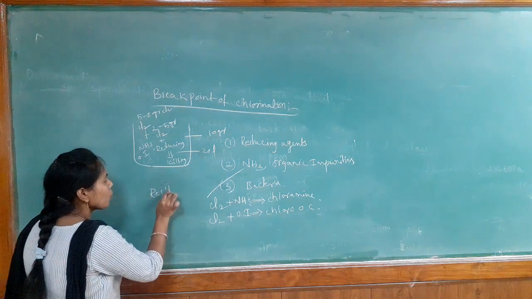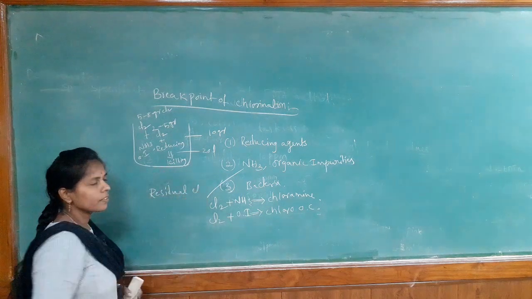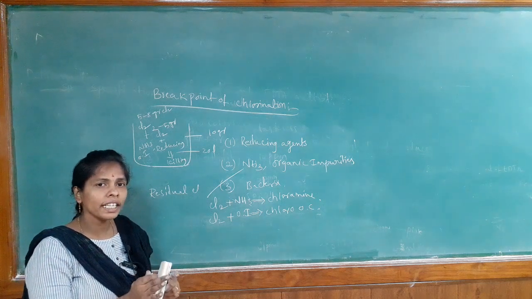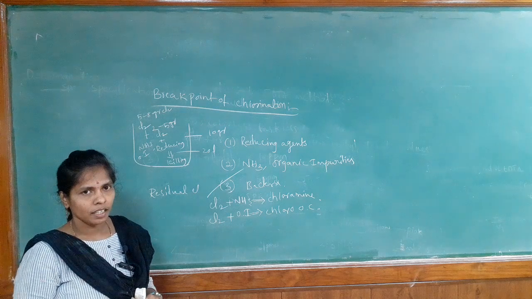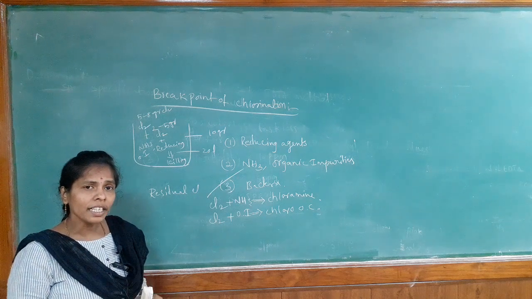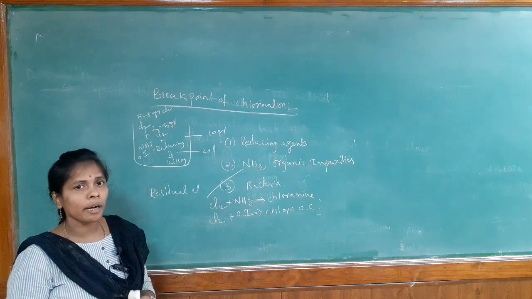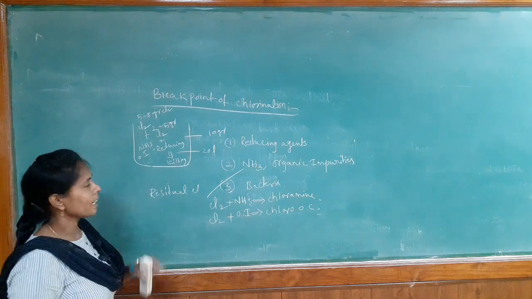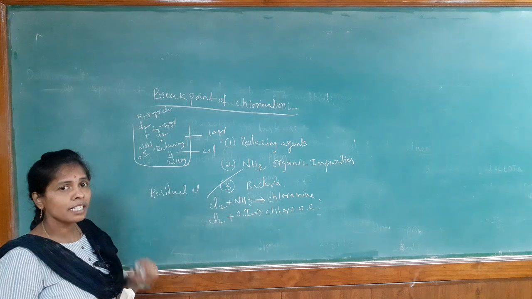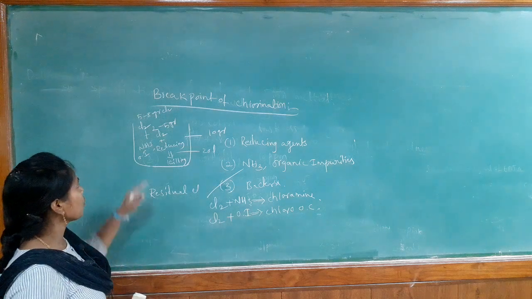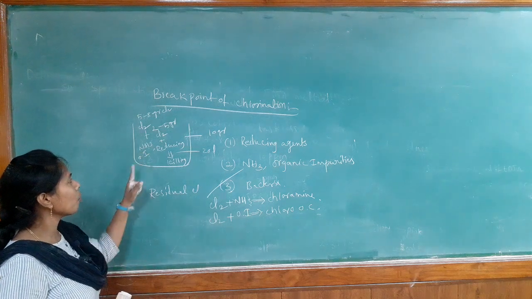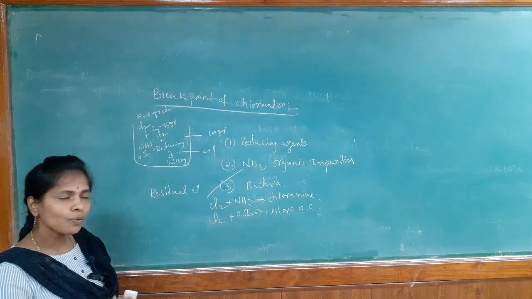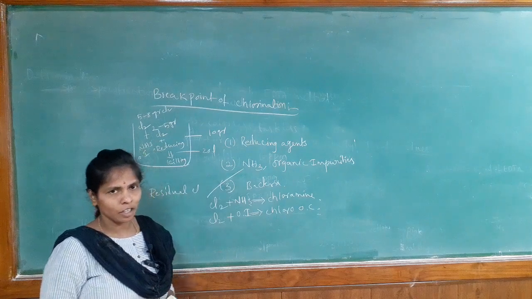Here residual chlorine is nothing but either the chlorine is in the free state or the chlorine is in the combined state. If the chlorine is in the free state or in the combined state, that is called the residual chlorine. So, see here in stage 2, what happens? In stage 2, chlorine is reacting with the ammonia and the organic impurities. So, when it is reacting, what is forming here? Chloramine and the chloroorganic compounds.